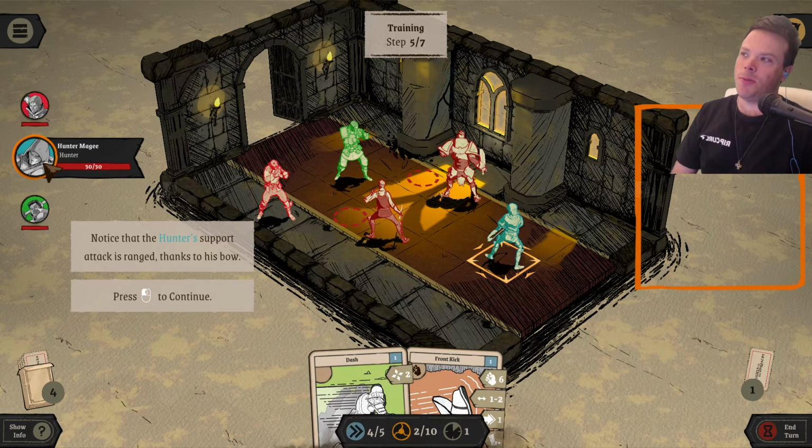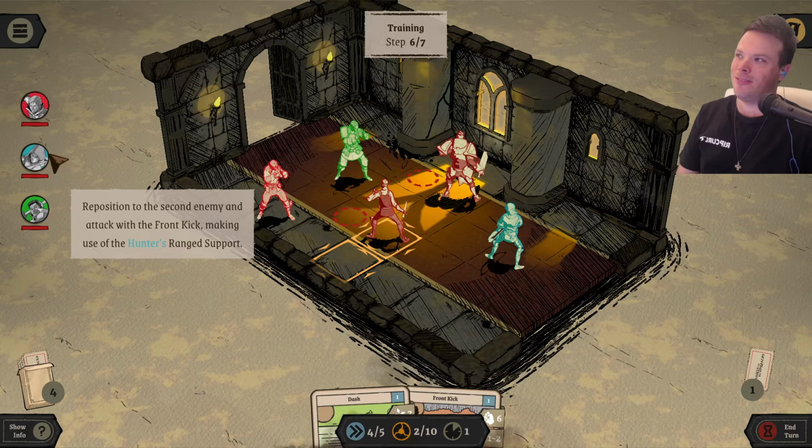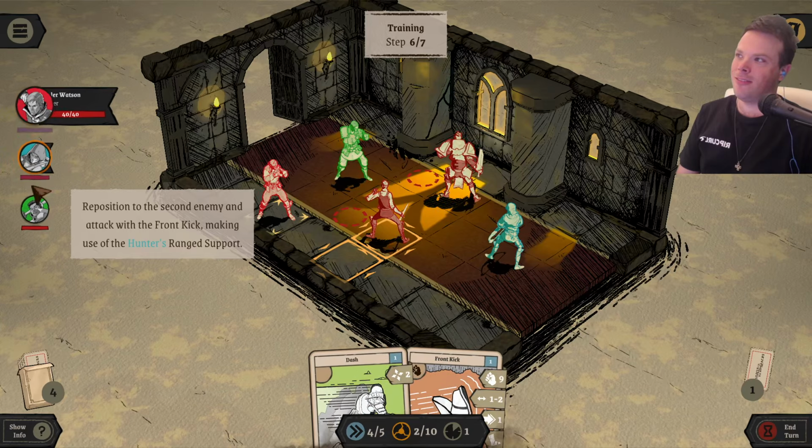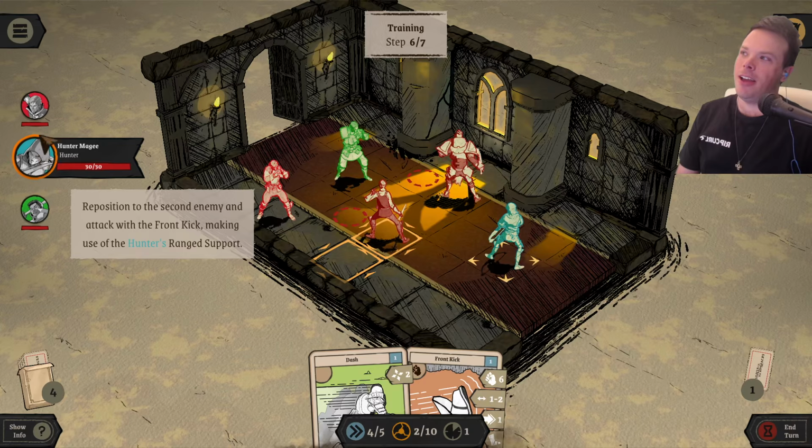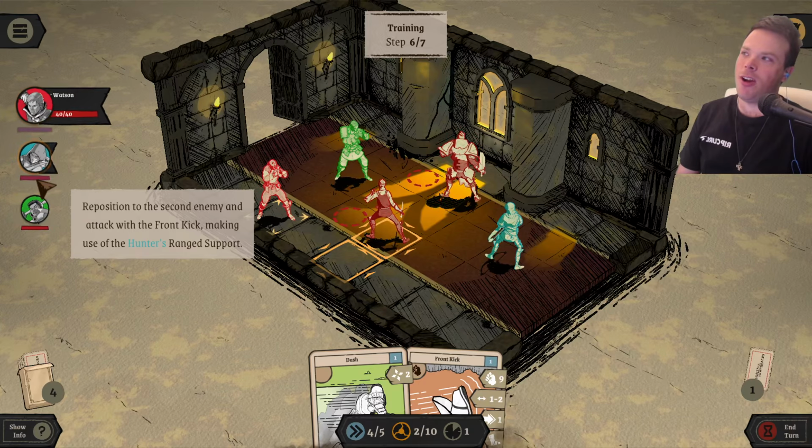Notice that the hunter's support attack is ranged. I don't notice that because this space is empty, game. Thanks to his bow. How am I meant to... Okay, this was meant to be highlighted, and it wasn't because I didn't mouse and click him. I used the other way that they just described of...